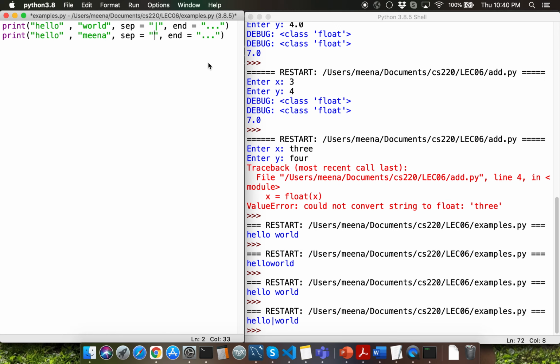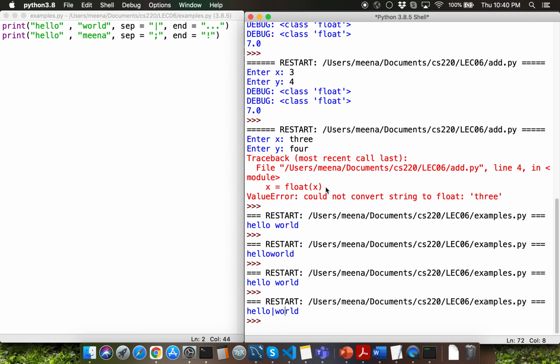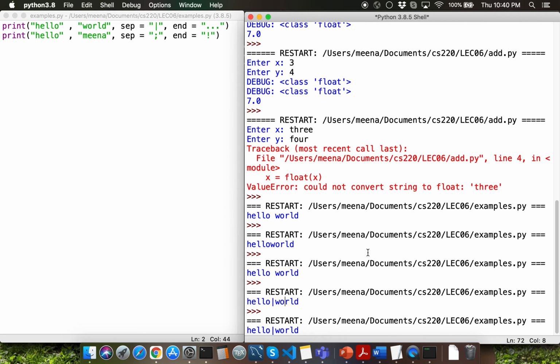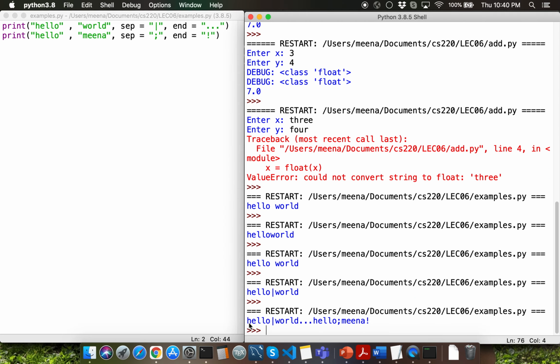Let's change the separator to a semicolon and the end to an exclamation point. Let's see what happens when we run this program. Notice that you got hello vertical line world dot dot dot hello semicolon Meena exclamation point.